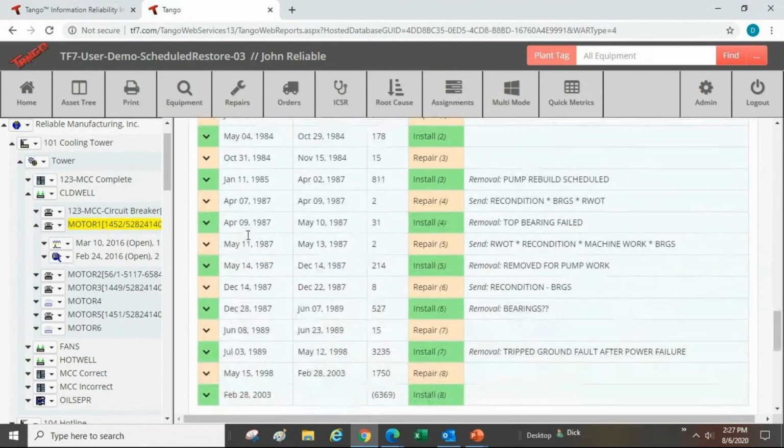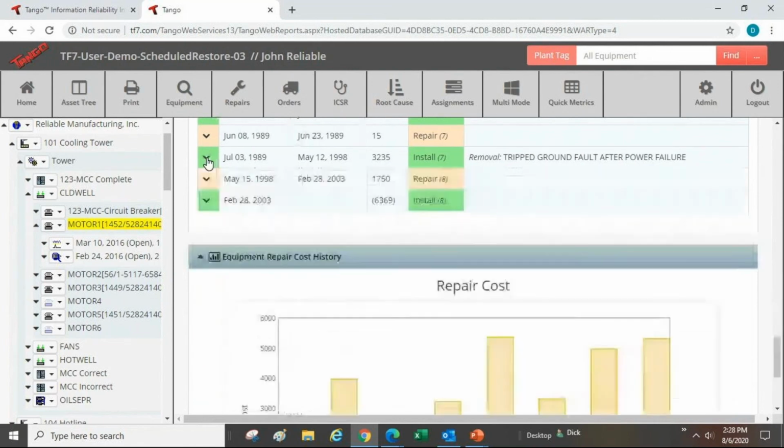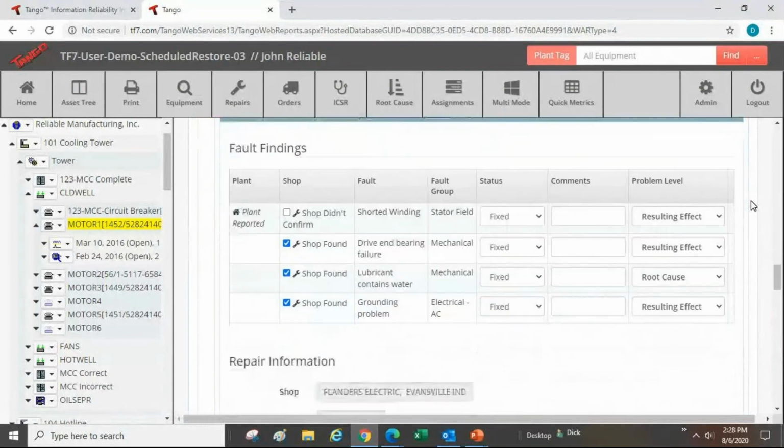If I continue down further, again, I start to see that there's a significant case of pump rebuilds, replacing reconditioned bearings, bearing failures, reconditioning bearings again. When I finally get down to repair, let's see, in 1989, it was on motor base plate number 5 again. It was pulled out of service in May of 98 for repair. And now when I look at the repair documentation, we see where they were getting a better job done by